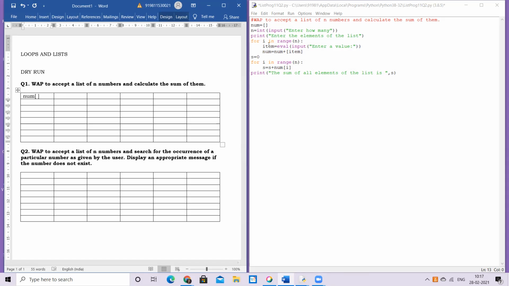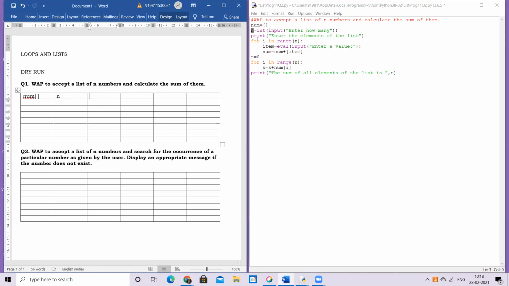Okay. Now obviously when they say n numbers, accept a list of n numbers. So the first thing I need from the user is how many numbers are you talking about, right? So this is the value for n which I accept from the user. So obviously that is again stored in the memory. So another variable here. Next is I ask him, okay, now start entering the elements. So I just print a message, enter the elements of the list, wherein this comes as a print statement. I mean, just as a heading for me.